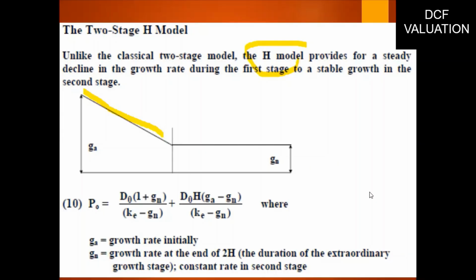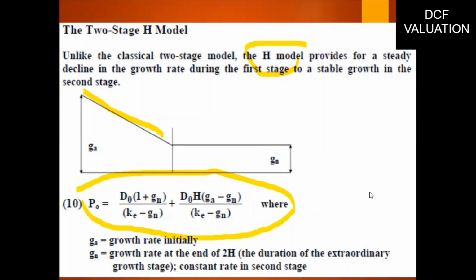So this is 12%, which slowly falls to 5%. Okay? Again, if you're using Excel, you just forecast each year. But that forecast can be represented by this formula. Okay. So this formula,